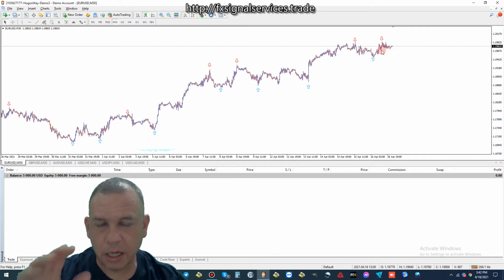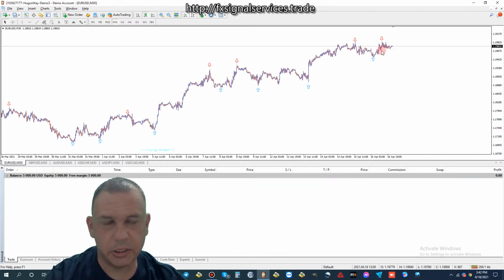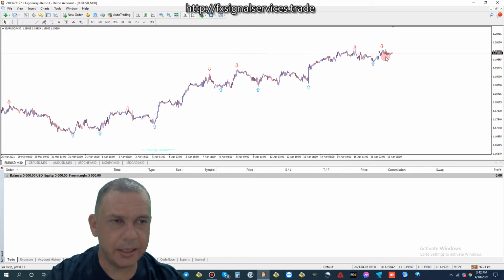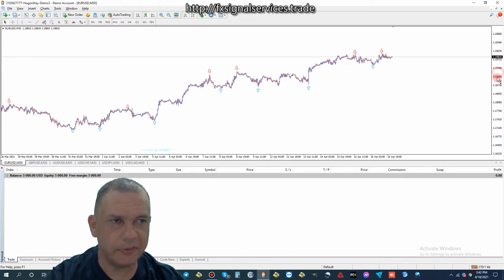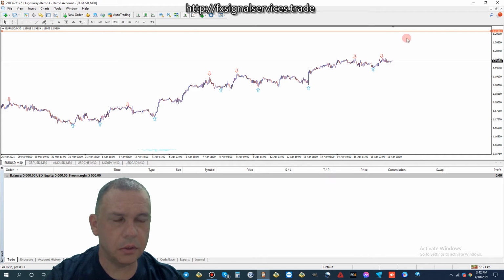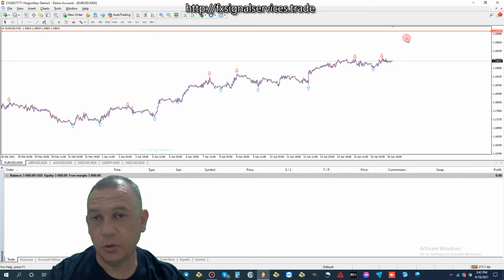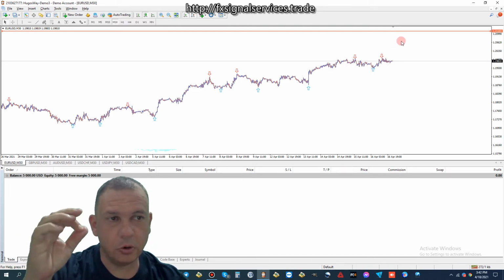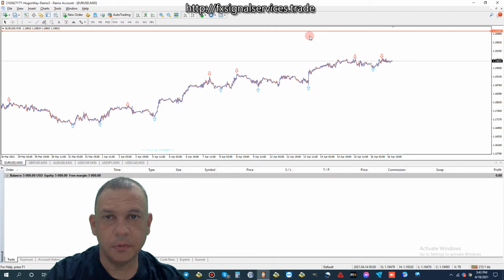There's not a lot of movement, which is not exactly good, but not bad either. You can scalp and get small profits, but I would be suspicious that this is going to go up more. And like I said, you want to sell. So what you can do is place a sell limit pennant order up here.